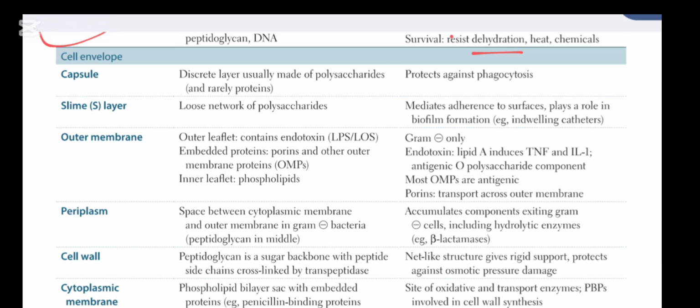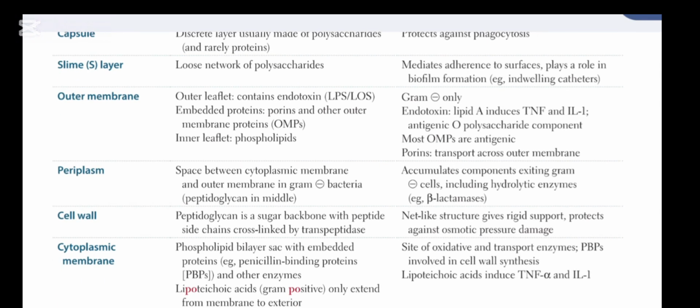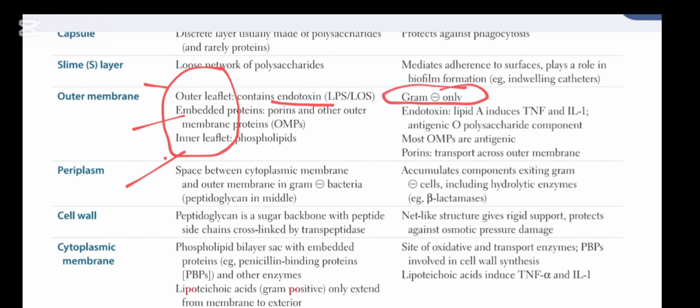Then we have the outer membrane of bacteria, that is made up of three components. It is the outer leaflet, then we have the embedded proteins and the inner leaflet. So the outer leaflet contains the endotoxin that is specific to the gram-negative bacteria only, and it helps mediate the pathogenesis of bacteria in producing septic shock, and that we are going to study in detail in our subsequent